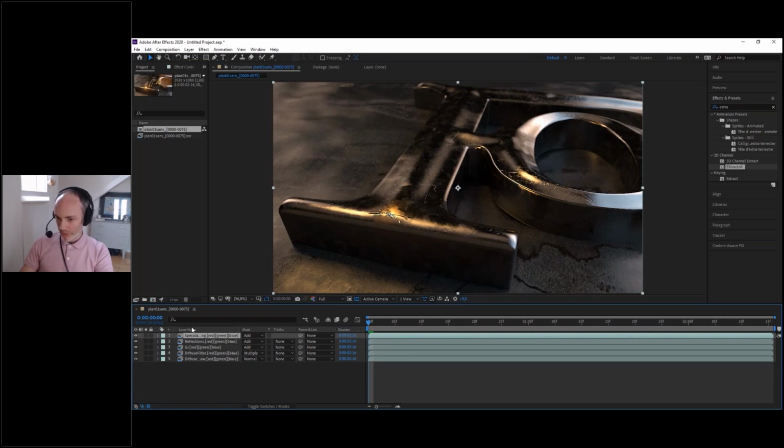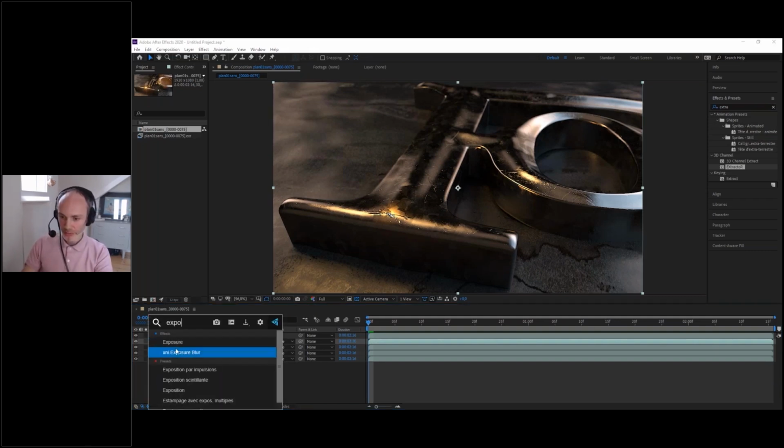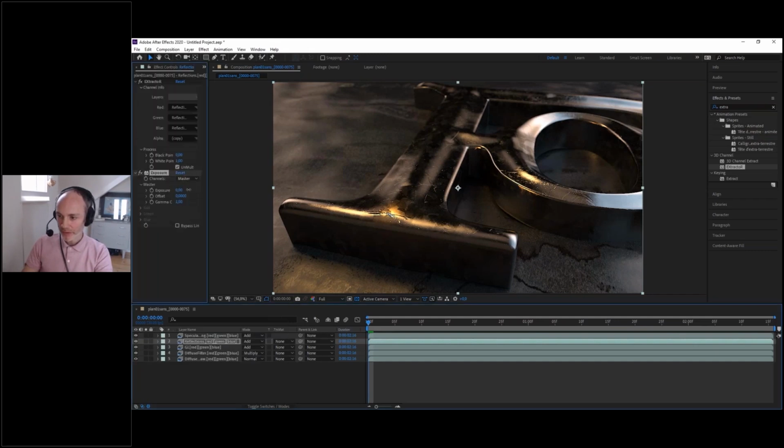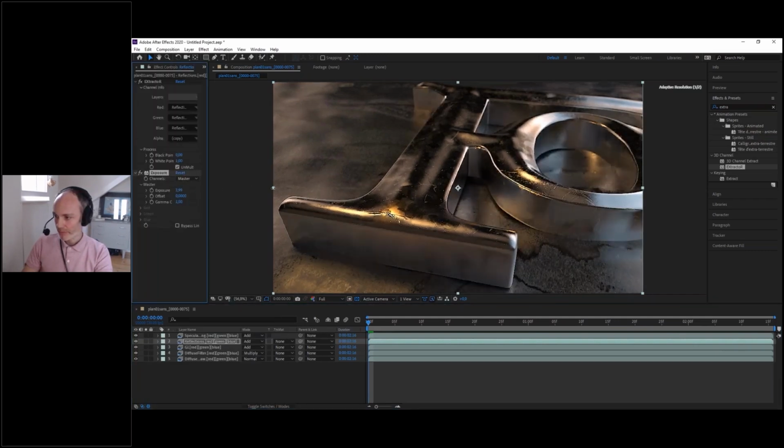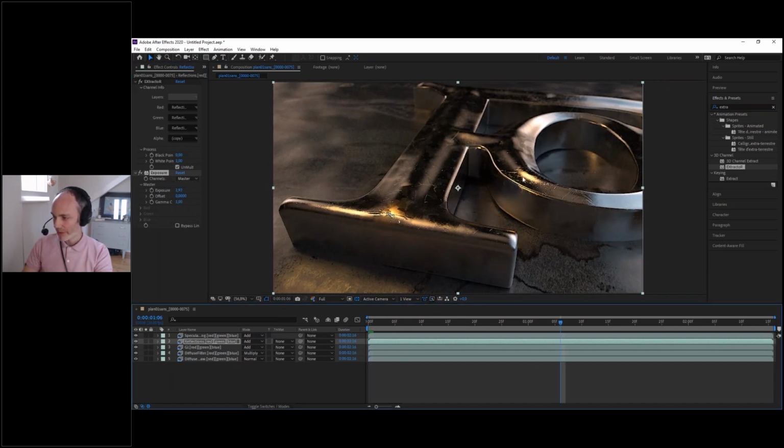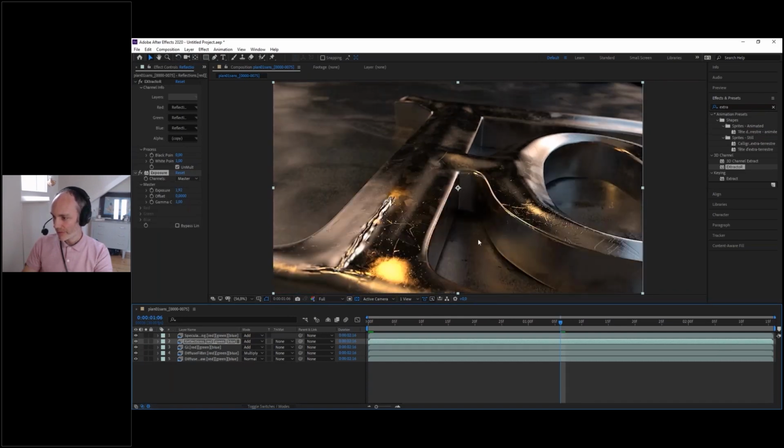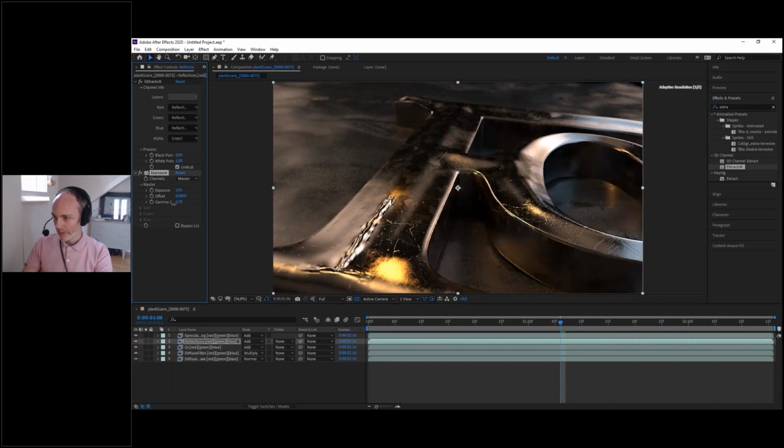So if I want to have more specular, more reflection, for example, I can use just an Exposure effect. I'm going to increase it, and you see I'm increasing the reflection of the whole thing without altering the lighting and so on. So that's very interesting to work with. I can modify the gamma. You can see the response curve is really cool. That's extremely interesting to work with. You see? Okay, so I'm going to reset it.